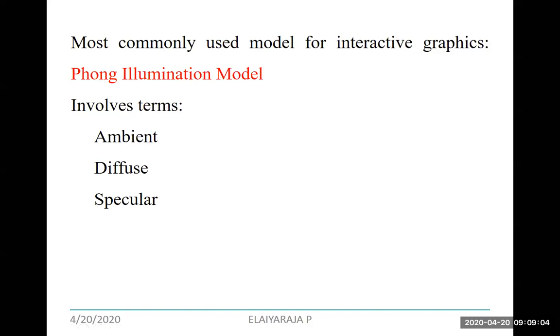First, we are going to discuss the ambient illumination, diffuse as well as specular. Adding these three, you get the sum of ambient, diffuse and specular, which gives you the Phong illumination model. We'll discuss each illumination model, along with that, we'll see one example. Further, we'll see how to use ambient, diffuse, specular in OpenGL functions.